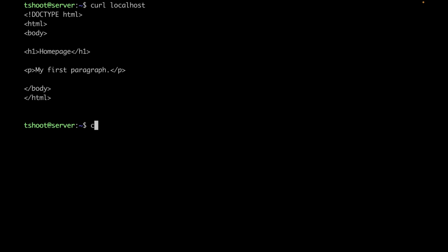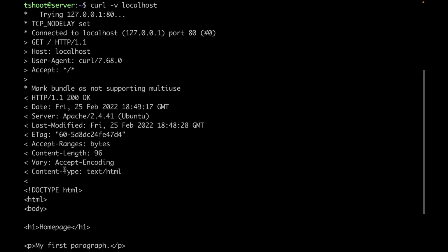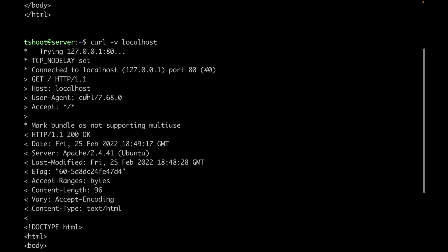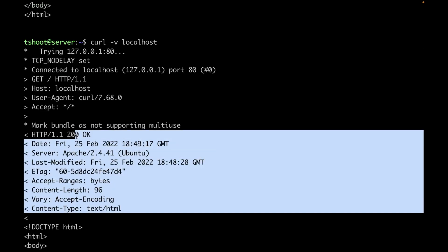a response. Now let's say you want to do some troubleshooting over here and you want curl to display everything. Every step it has taken, every header it has sent and every header it has received, right? And some TCP level info as well. So in that case, you can use a verbose option followed by again the URL. Now you can see additional to the source code, it has printed all other steps it has taken. The TCP connection it has made, then the headers it sent, the headers it got as a response and everything